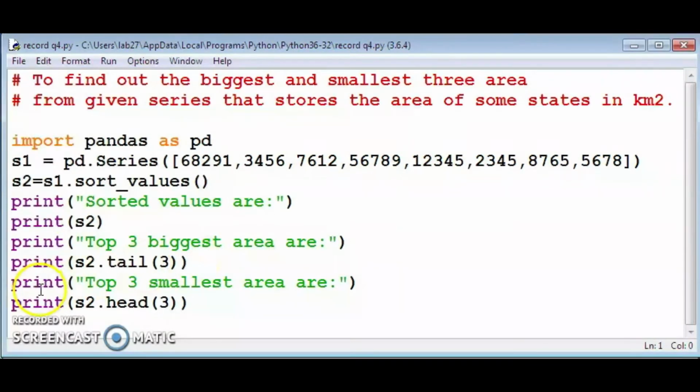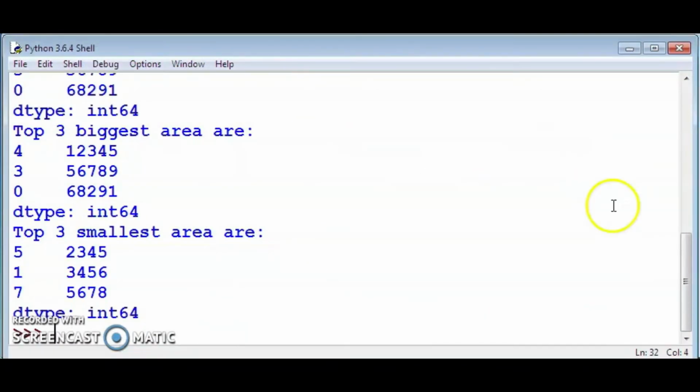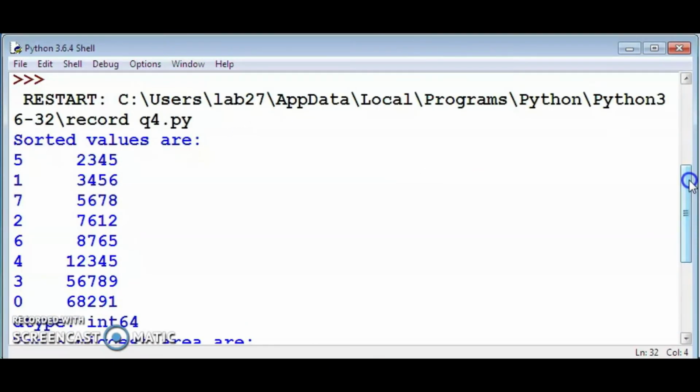Okay. Then print top 3 smallest areas are, that is head. Print s2.head(3). Clear?